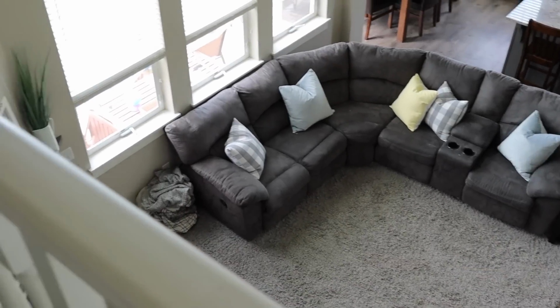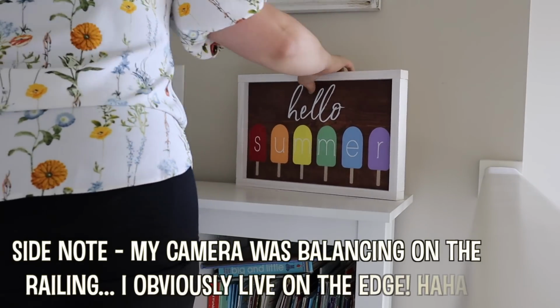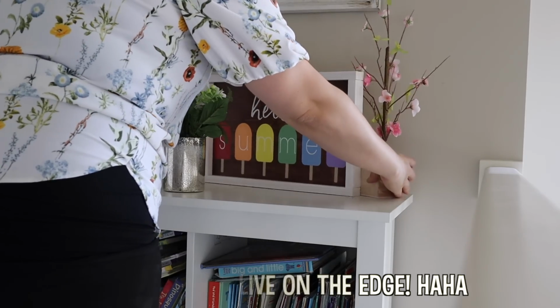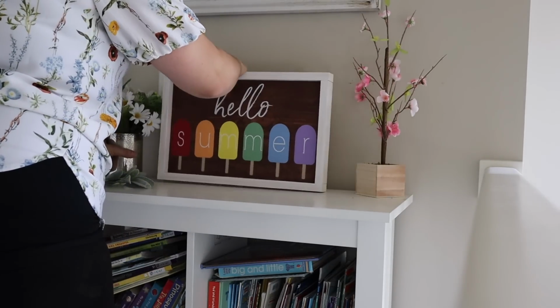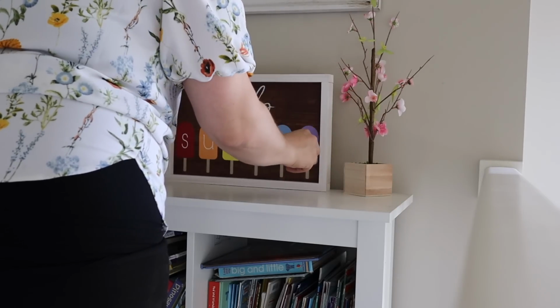Moving upstairs, we have this little bookshelf right next to the toy room, and this is the area that I really kind of decorate for the kids. So I wanted to add in this Hello Summer sign that I helped design with my friend, and she makes them in her Etsy shop. I just thought this was so fun and so bright,